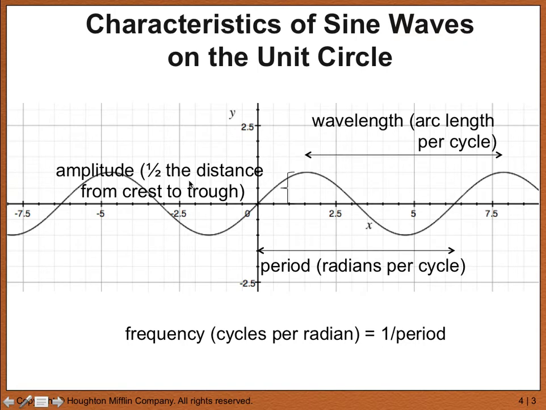The amplitude is half the distance from crest to trough, or if you like, half the height of the wave. And the frequency is the number of cycles per radian. So it makes sense if period is measured in radians per cycle, well, then 1 over the period is cycles per radian. And frequency is by definition either cycles per radian or cycles per second if you're talking about time